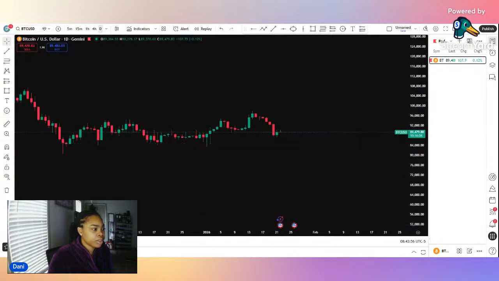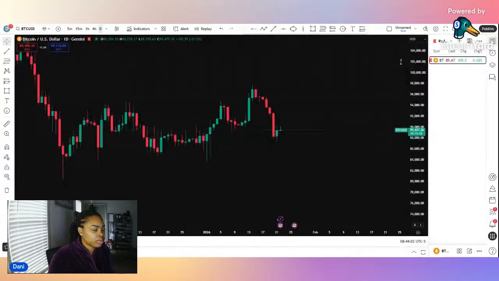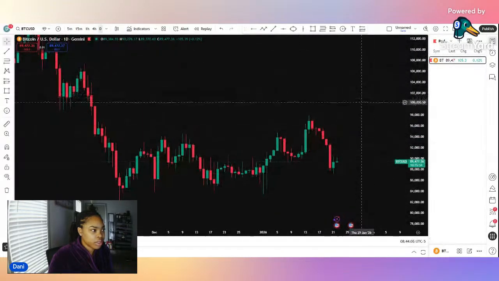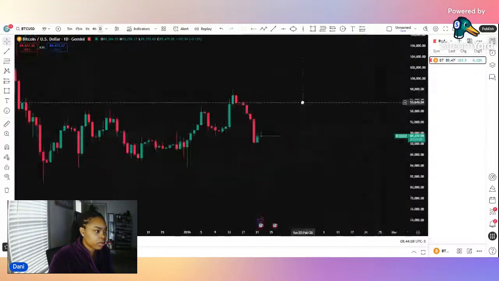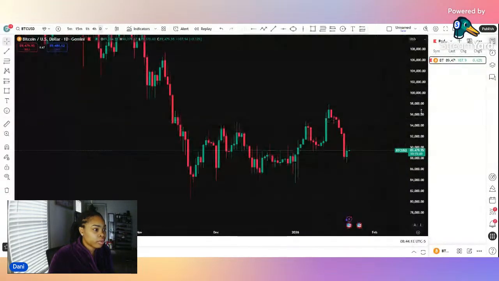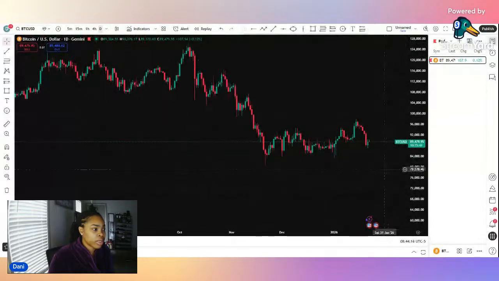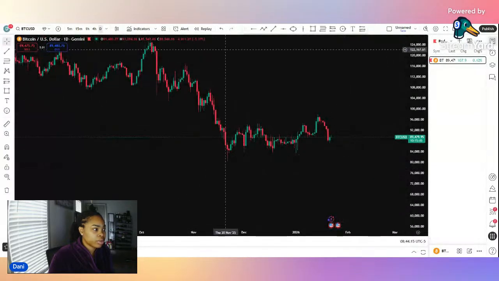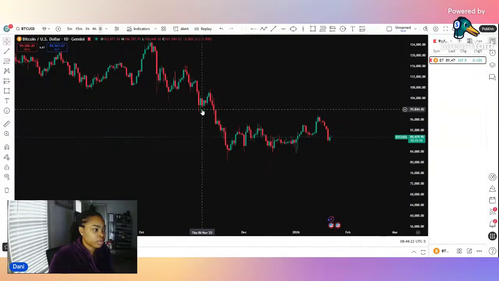here is our daily time frame. And as we can see here, what do I tell all my beginners? When in doubt, go to the previous swing high to swing low. However, before we do that, we are in a downtrend. Okay, we're in a downtrend, as you can see, right? Because we have lower highs, lower lows, lower highs, lower lows.